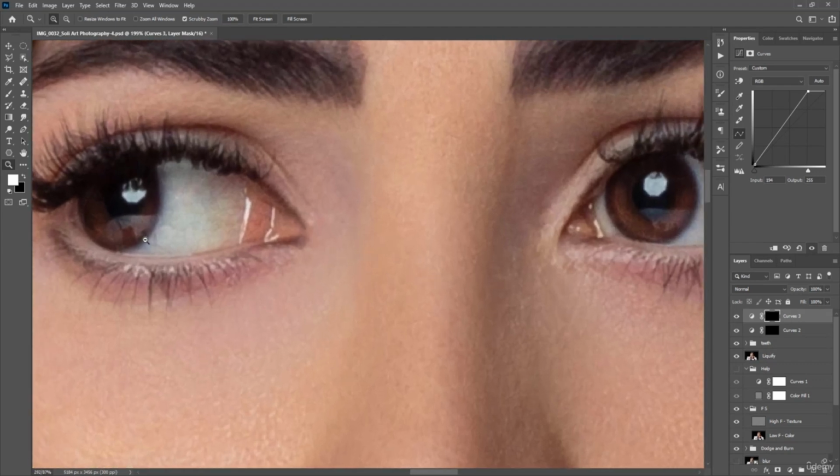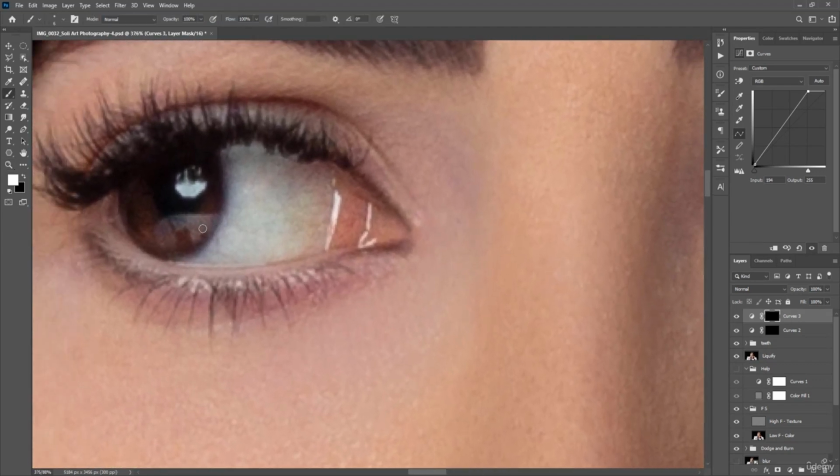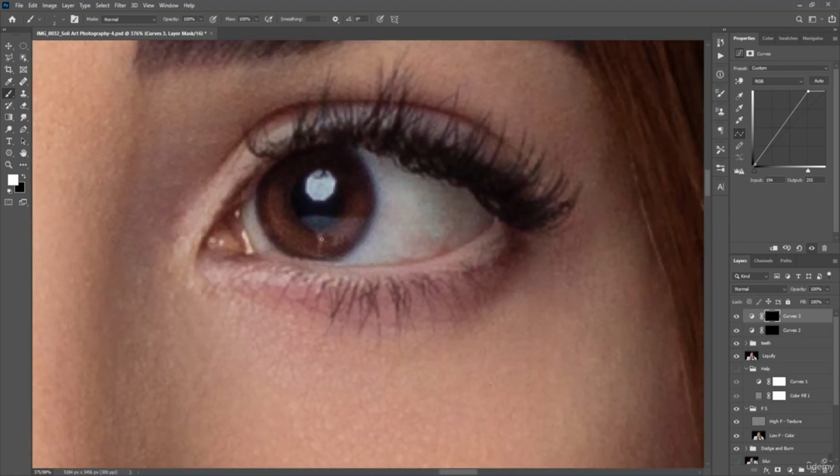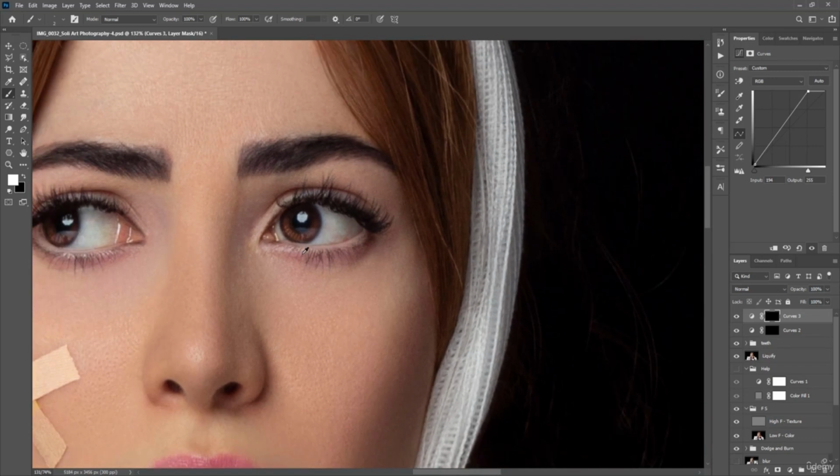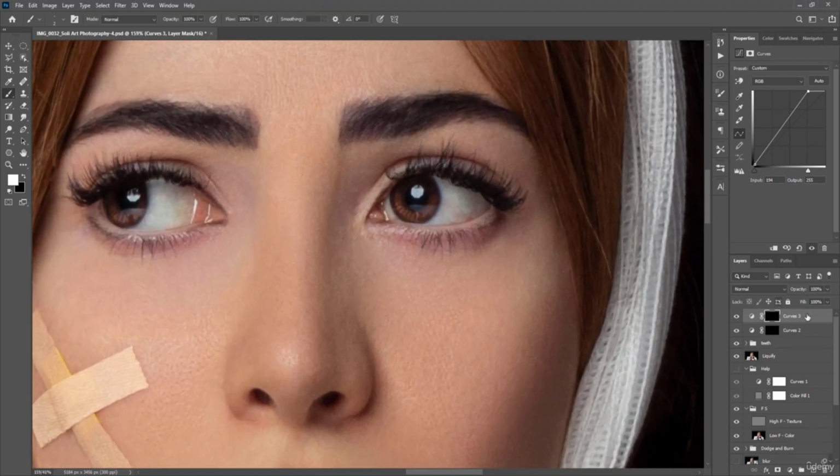Let's zoom in a bit. Press B on your keyboard. Make the brush very small, maybe 2. And do some lines, guys. Just small little lines. Cool. Now come to this side. Cool again. Now click on this icon to bring up the curve and drag this to the left a bit more to make